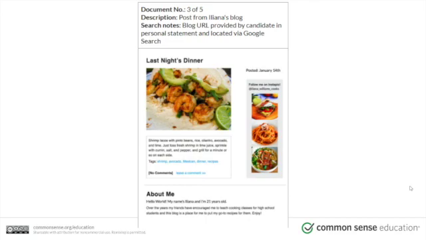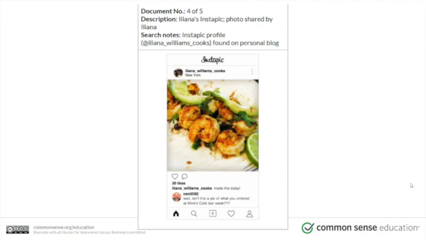Here's an example again. Here's a post from her blog in her About Me section. She posts about the food she's cooking. It looks good, looks professional, and that's awesome. She's being super honest. But if you follow her over to her Instagram page, someone comments, "Wait, isn't this pic of what you ordered at Mimi's Cafe last week?" So she's kind of being blasted by one of her friends on this photograph that she claimed that what she cooked was something that she in fact ordered from a restaurant. So she's again showing dishonesty over the internet, and her potential employers have found this.